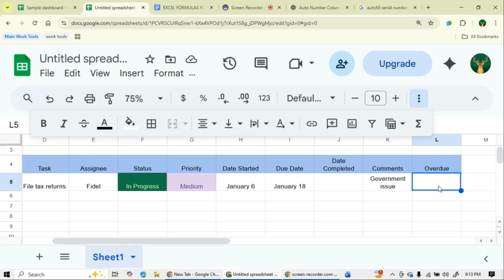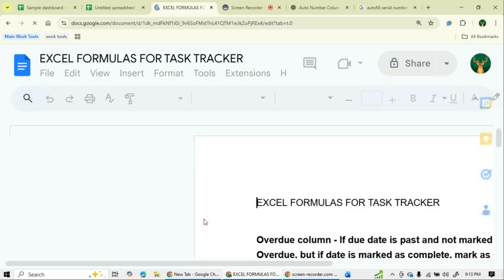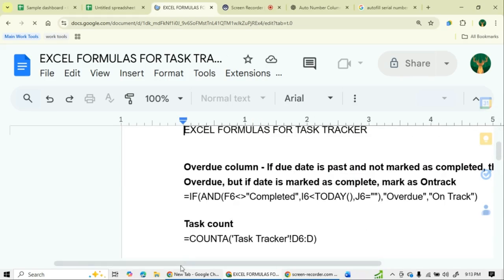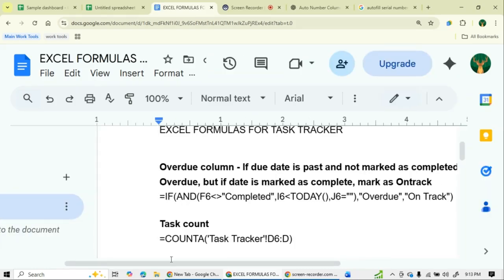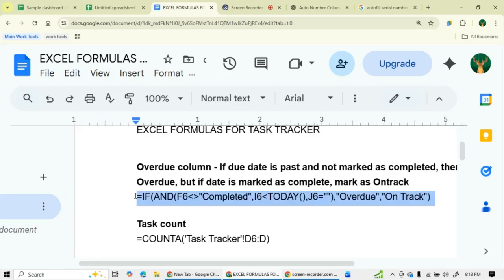Okay. So now for overdue, this overdue column is very important. So we're going to go and get our formulas. Overdue column basically helps you keep an eye on the things that are not yet working, the tasks that are overdue, so that you're able to know what to follow, right? So if your due date is passed and not marked as completed, that means it's overdue. So we're going to take this formula and we're going to put it into that overdue column so that it can register